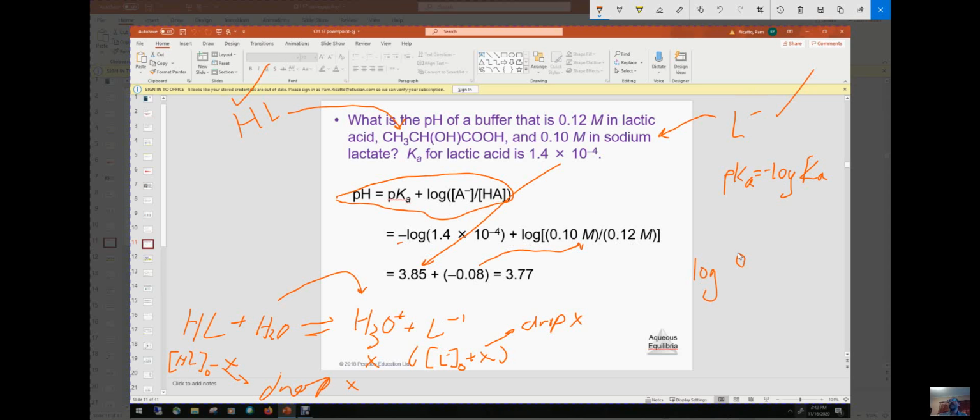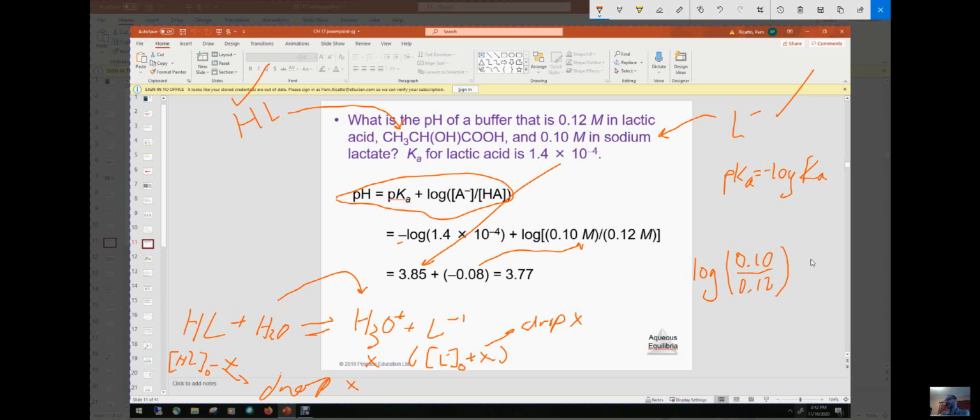So I need 0.1. Well, that's so close to 1, right? Basically, they hardly change. This guy's 0.1. It's almost a perfect buffer. So I just need 0.1 over 0.12, and then take the log of that. Okay, so let me do 0.1 over 0.12 for you. It's going to be a number very close to 1, just a little bit south of 1. 0.1 divided by 0.12. Okay, I get 0.83, and then if I take the log of 0.83,